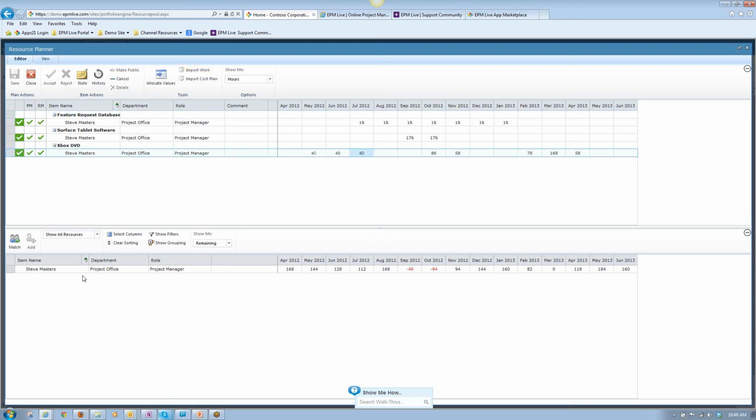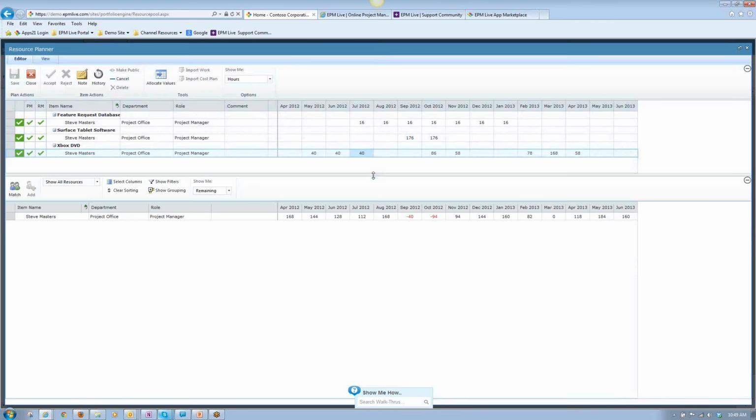Now, what's really cool is you'll notice that we're looking directly into the resource pool. So this bottom grid looks into that resource pool, and it tells us where Steve's capacity is today, based on all the assignments that he's been assigned to and all the other project and work items that he's on today. And it also gives us an idea whether or not we've exceeded his capacity or over-allocated Steve's